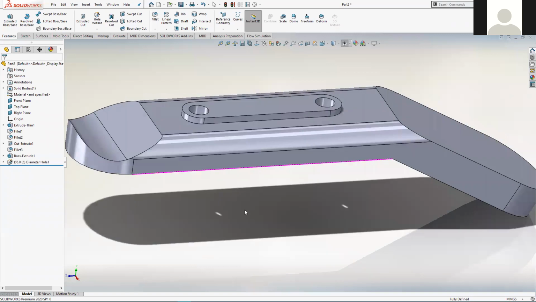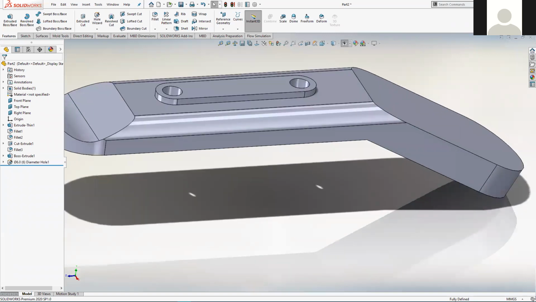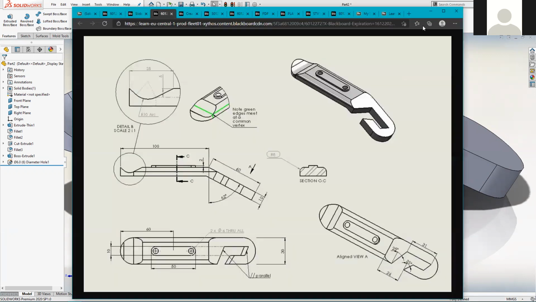So we're almost there. Let's keep going, and we should finish this part in this session. So the last little bit is this extruded cut shape down at this side. So you can see on the 3D view there,